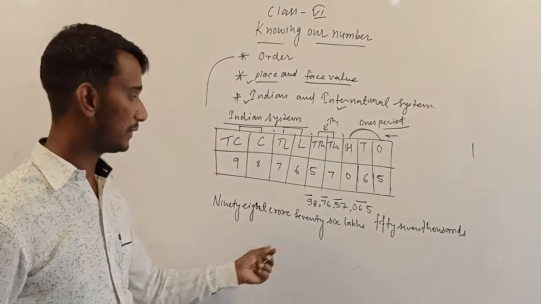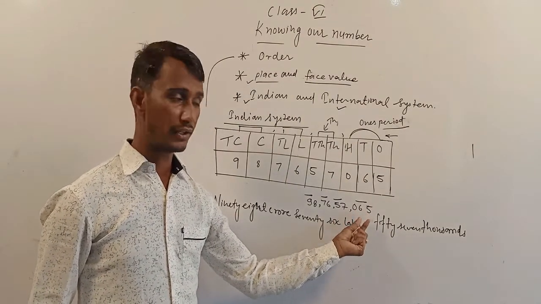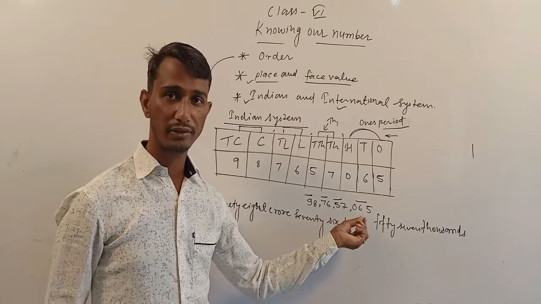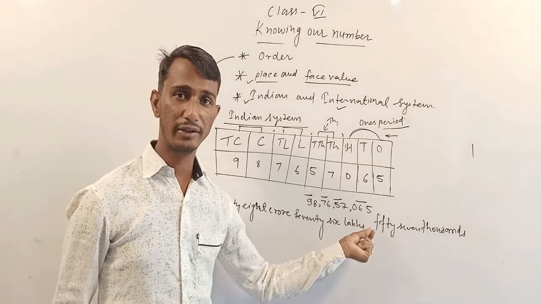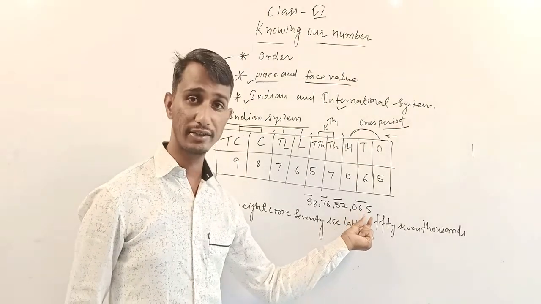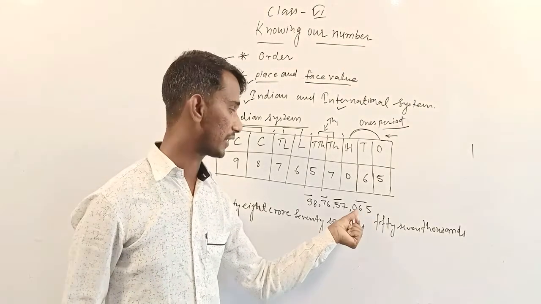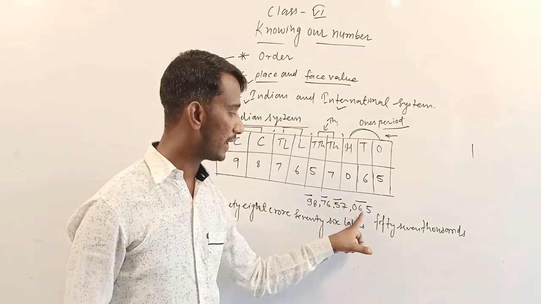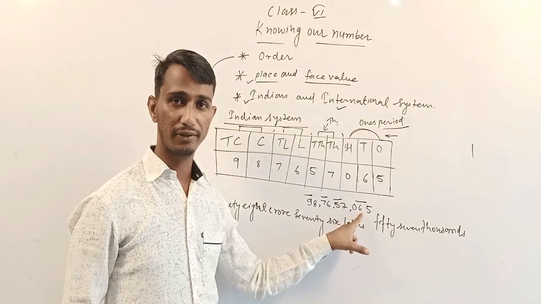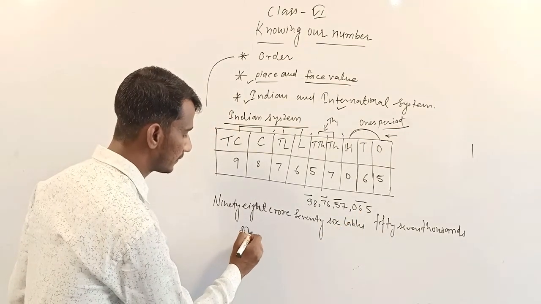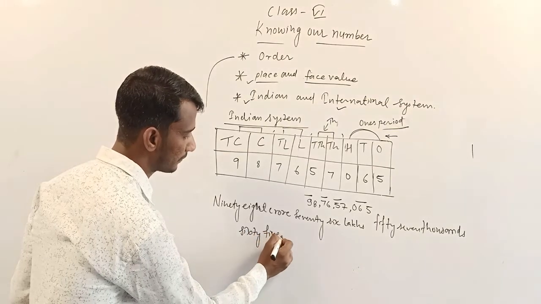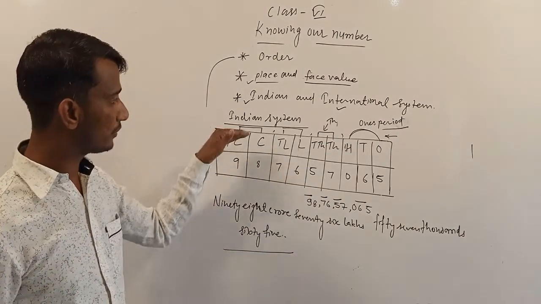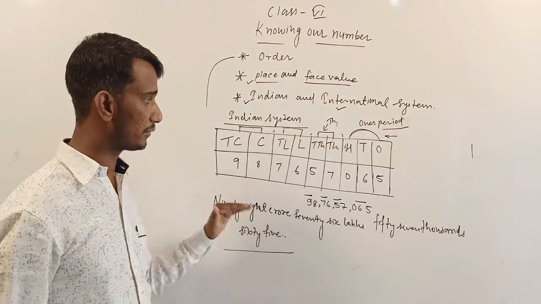And the last period is ones. Okay. And you know that 0 is on the 100s place. Okay. So how to write, how to speak? 0 165? No. If 0 is here, we can't speak 0. Directly we take this as 65. Okay. So you write here 65. In this way you can read and write the number according to the Indian system. I hope you are getting my point.